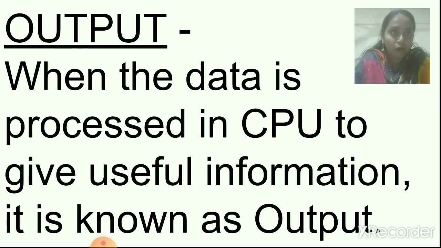That is our output, right? And it goes on the monitor. On the monitor we can see that output. So the monitor is an output device, and we get the output after the processing. So the CPU processes the information and then we get the result. That is our output.